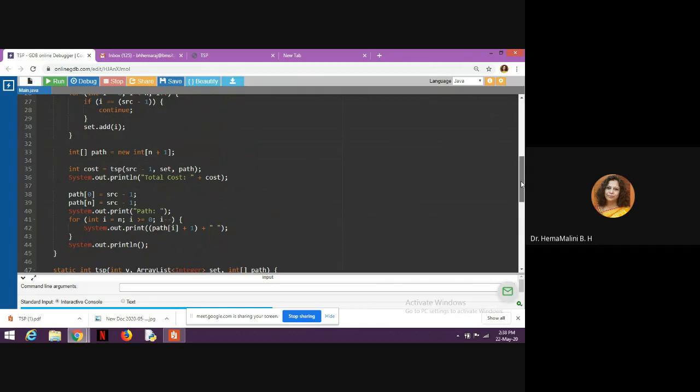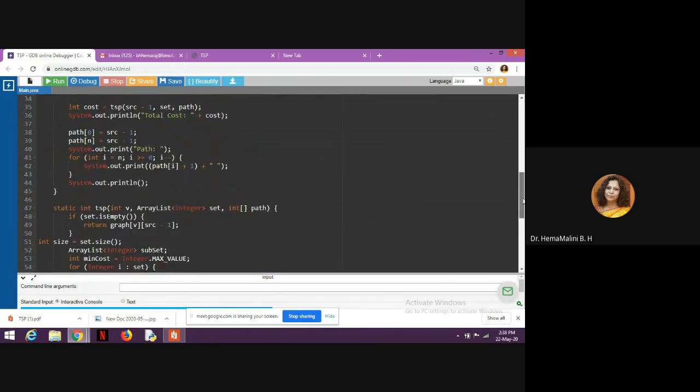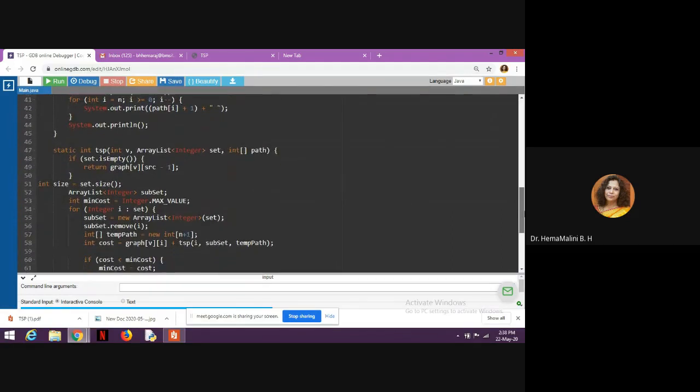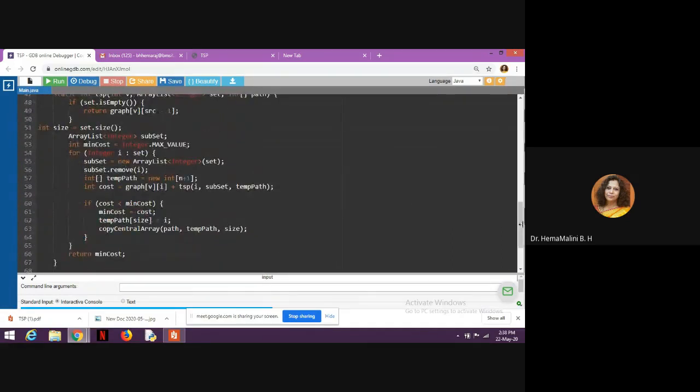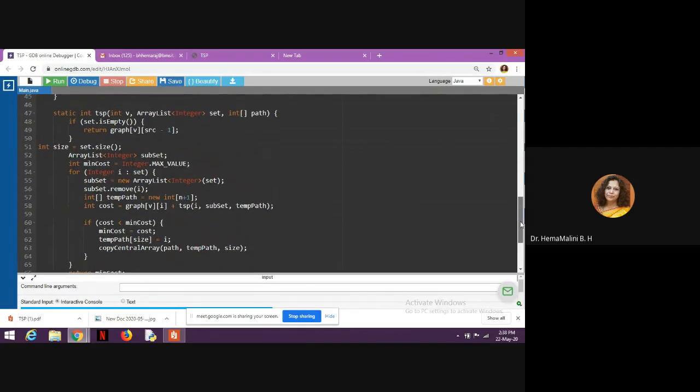Now we will see the TSP, which is a recursive function. Whenever we are solving a recursive function, whatever standard formula we have got in dynamic programming, the same thing we will be writing here. So integer TSP, pass V, the number of vertices, and pass the array, then the path. We need to have the path also.